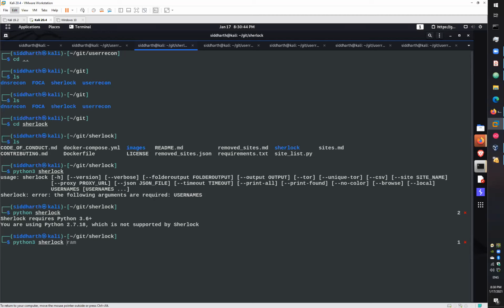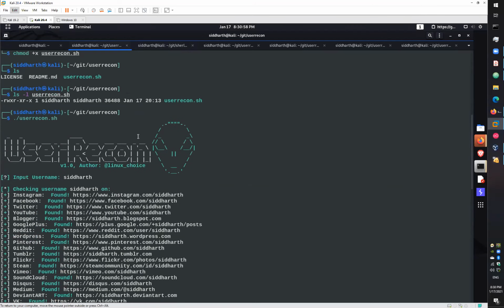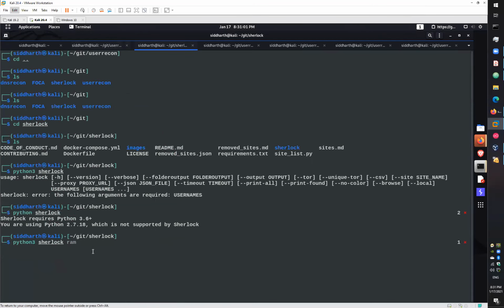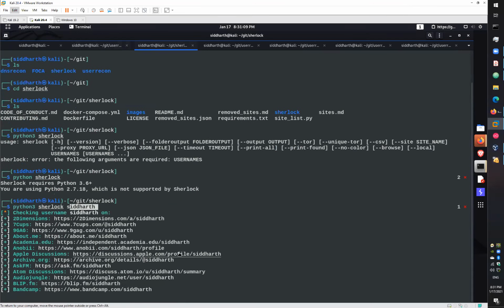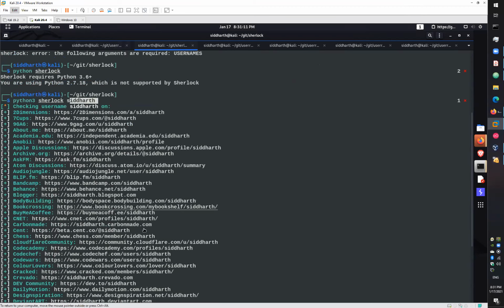Sherlock is a tool which is similar to this user account tool. It searches for the user on multiple platforms like Instagram, Facebook, and more platforms than that. You just have to write python3 sherlock and a username here, and you can search on multiple platforms with this tool.